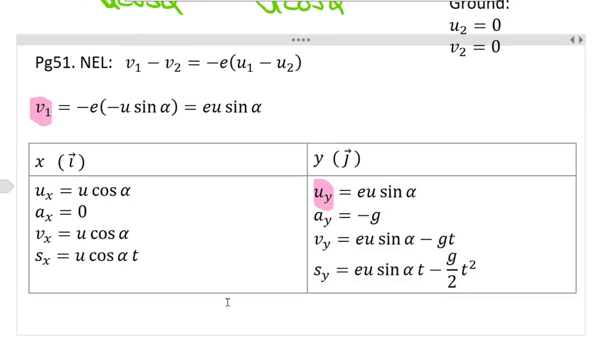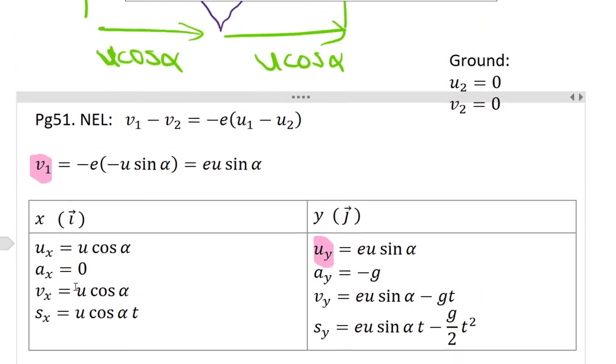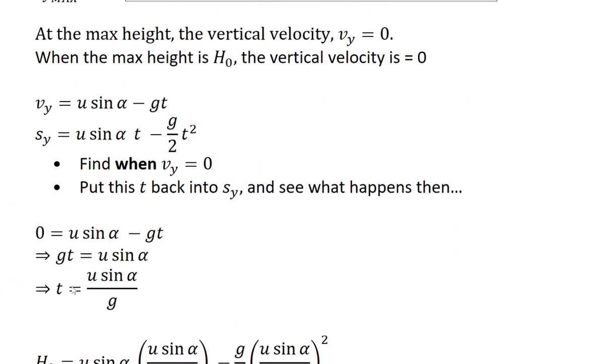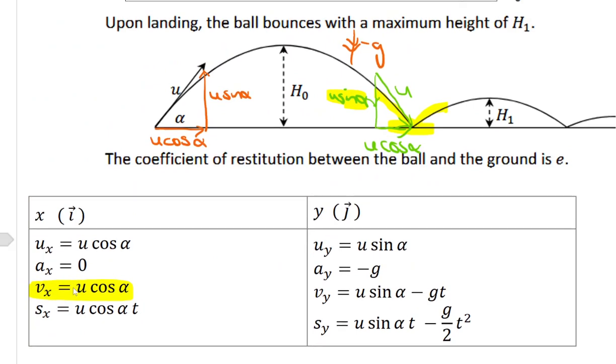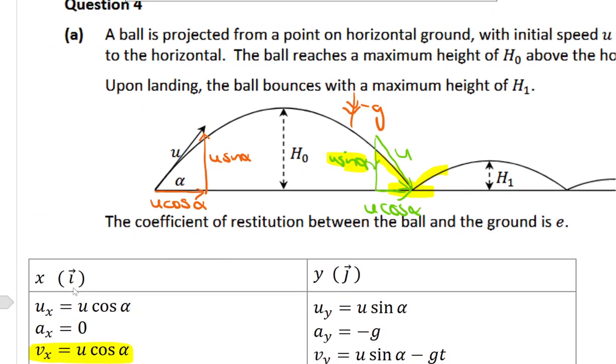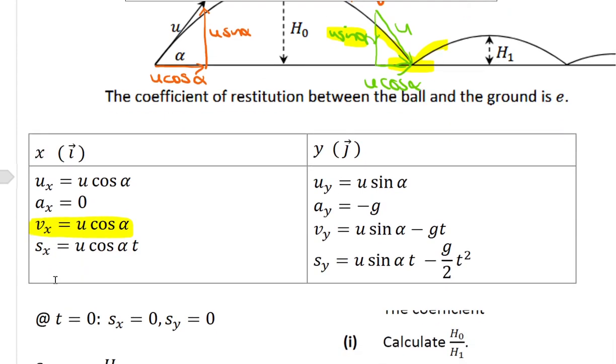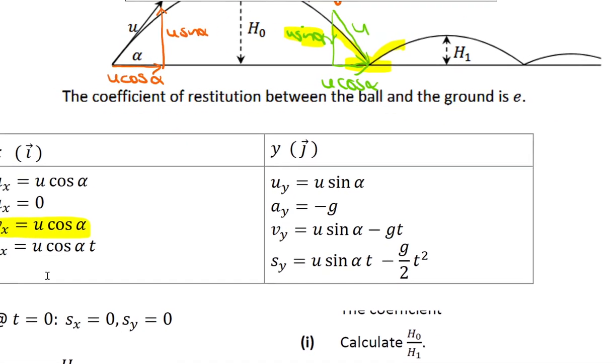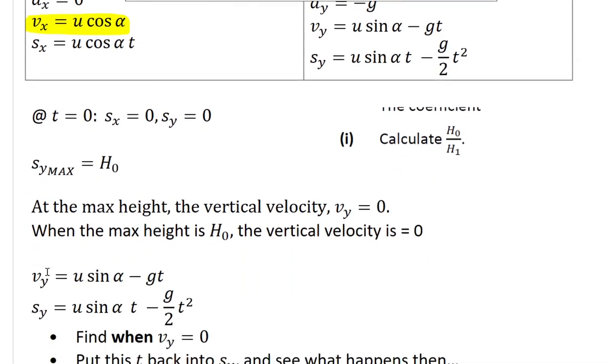What I think we're told, just to go back up to the question, I presume you're looking at the exam paper as well, or aware of it anyway, but H1 is the height after the first bounce. So H0 is the max height of the first throw, H1 is the max height after the first bounce. And I have a sneaking suspicion that that diagram is going to lead us to do something else. But anyway,